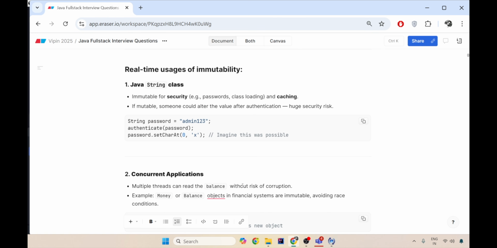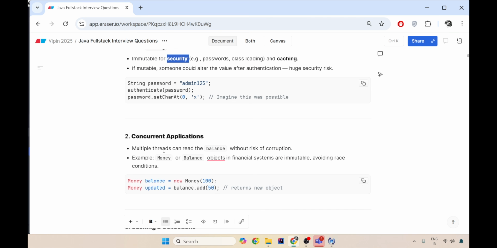Now you would ask me, wow, great, you have created an immutable class, but why immutable? What is the usage of that in real life? In Java, the String class's immutability is for security reasons. For example, if you're using a password to authenticate, but by mistake you have modified the password with some value, then you won't have access, or if it is done by a hacker, this is a huge security risk because the security is hampered when you can modify your passwords like this. You should not allow anybody to change your password except through the proper procedure and process.